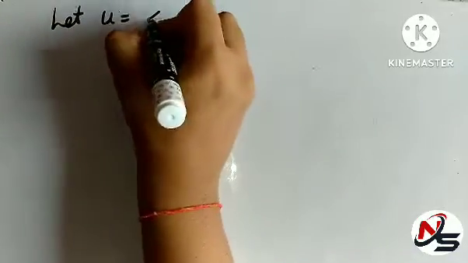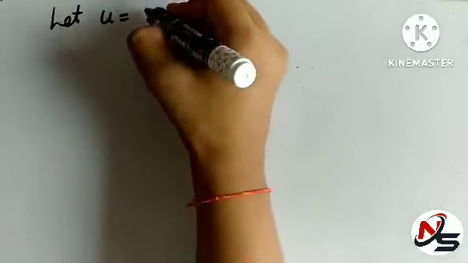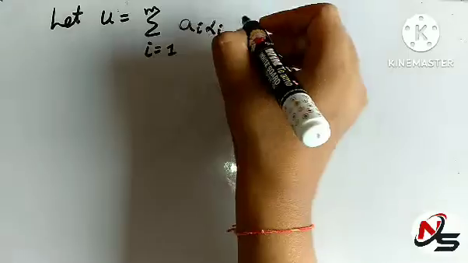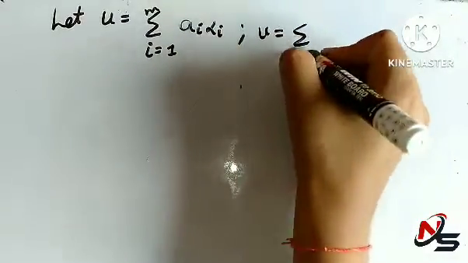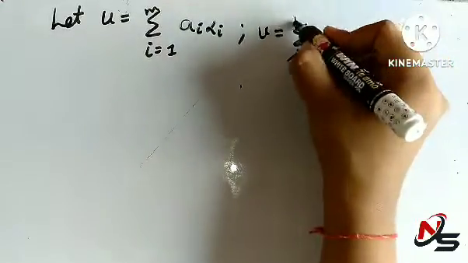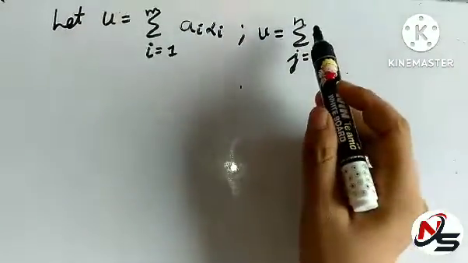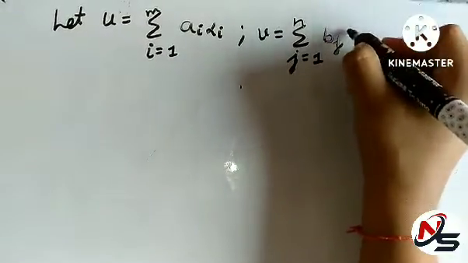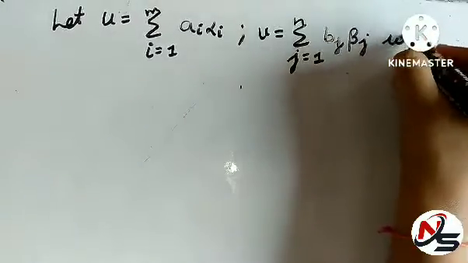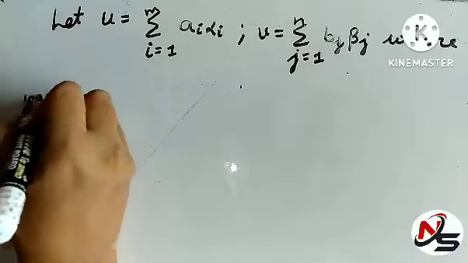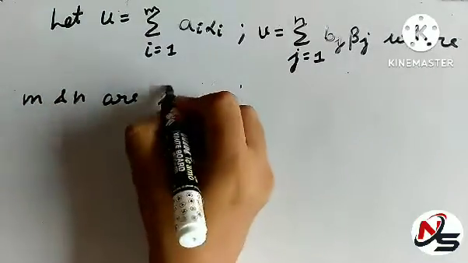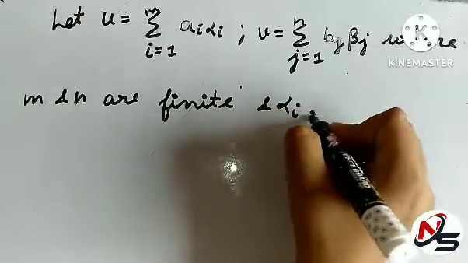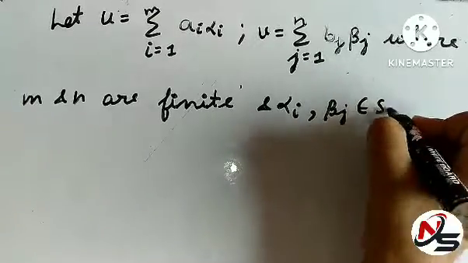u equal to summation i equal to 1 to m, a_i alpha_i, v equal to summation j equal to 1 to n, b_j beta_j, where m and n are finite and alpha_i, beta_j belong to S. Then